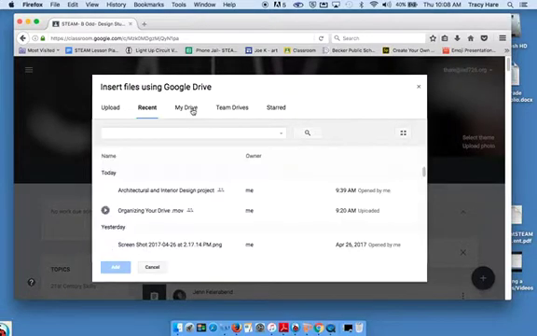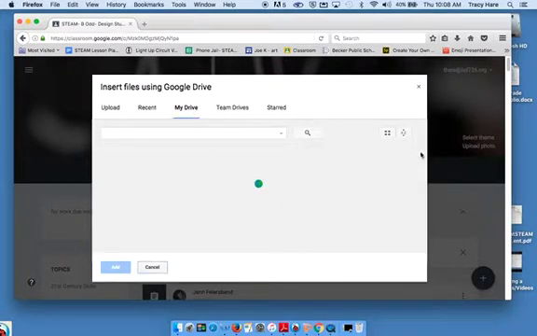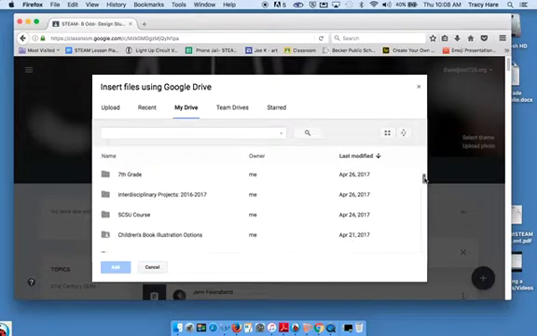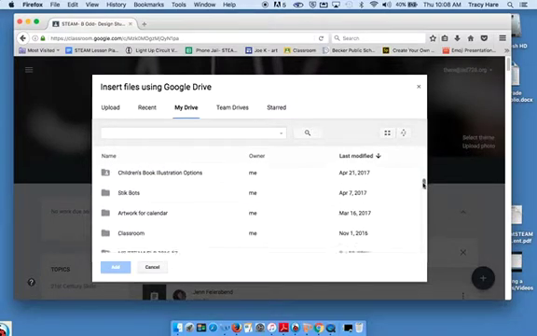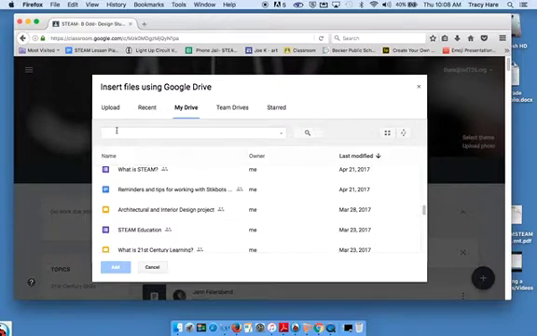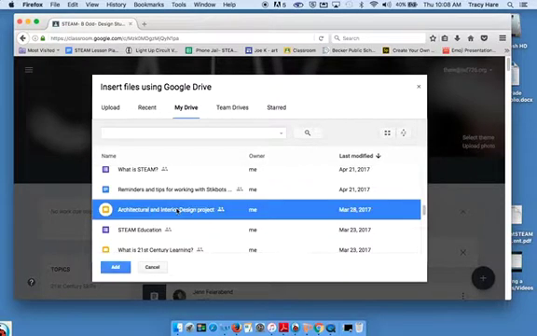And when I access my drive, this is where it pays to keep your stuff nice and organized because you'll be able to see your folders right there. You can go into a particular course or particular assignment and pull what you need. You can also, of course, search the files if you need to. This is what I would like my students to see, so I'm going to select it